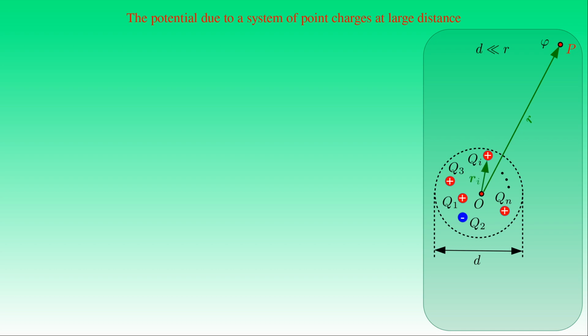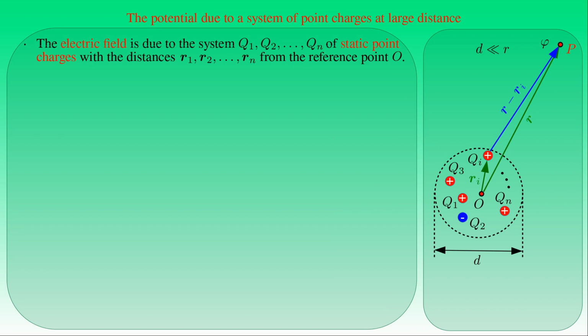Let ri denote the position vectors pointing from the reference point to the individual point charges qi. Then the electric potential far from the system of point charges is determined by the potentials due to each point charge qi at the distance r minus ri from the point P. If we apply the principle of superposition, we can write the potential phi at the point P as